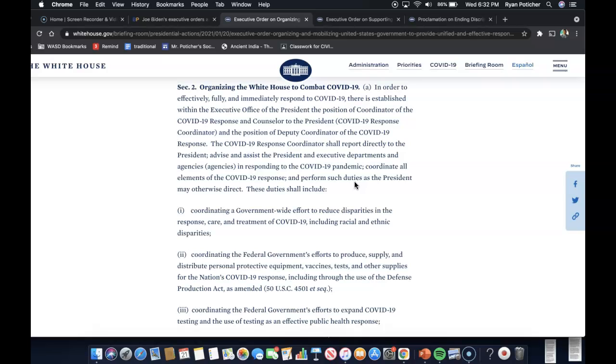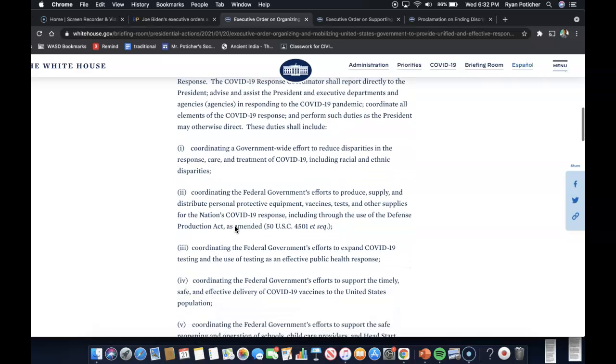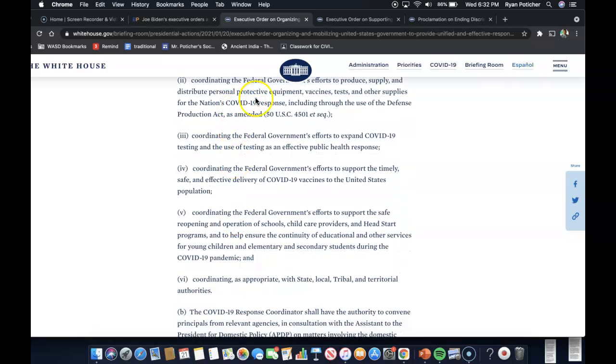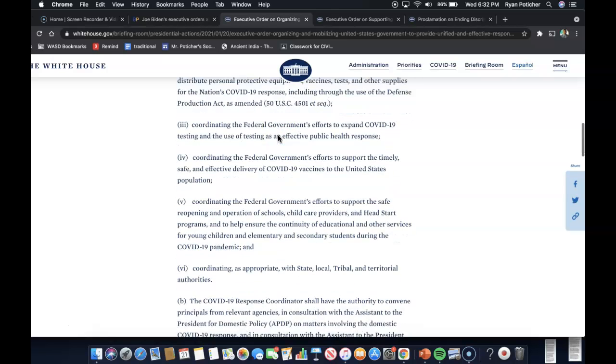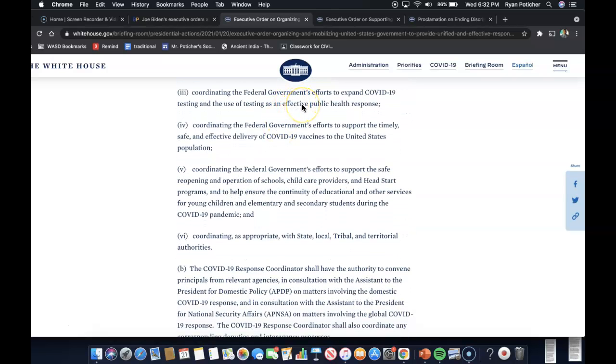These duties shall include coordinating a government-wide effort to reduce disparities in the response, care, and treatment of COVID-19, including racial and ethnic disparities; coordinating the federal government's efforts to produce, supply, and distribute personal protective equipment, vaccines, tests, and other supplies for the nation's COVID-19 response, including through the use of the Defense Production Act, as amended; coordinating the federal government's efforts to expand COVID-19 testing and the use of testing as an effective public health response;